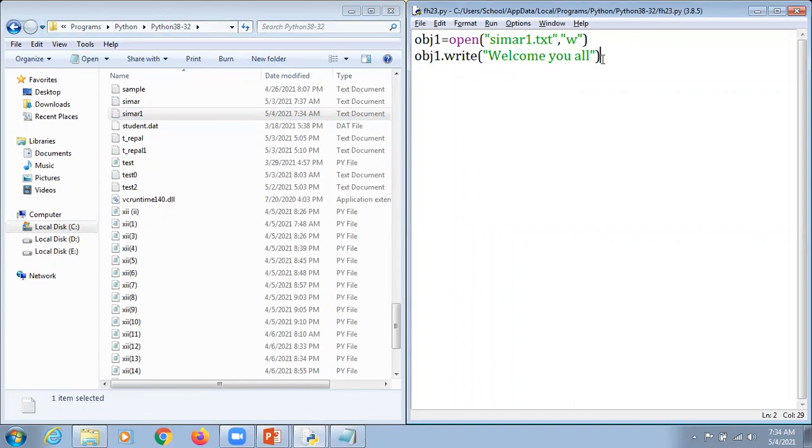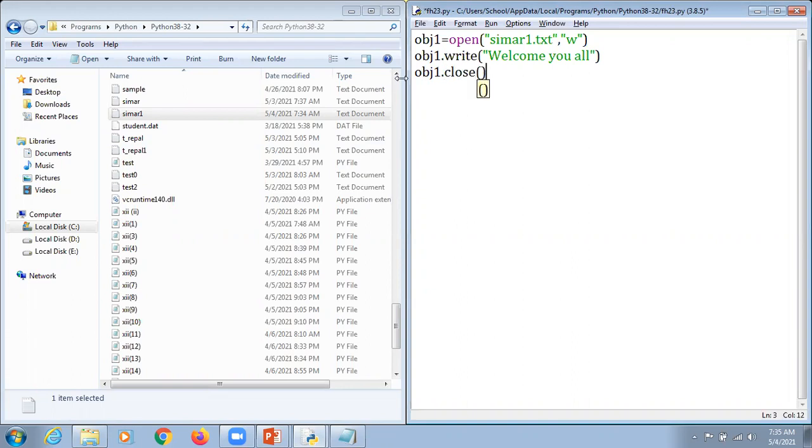Kindly concentrate. When we perform any kind of write operation, it is not actually written, because the content you insert with the help of a keyboard is stored in a buffer, which is a temporary memory. After that, the data is passed to a secondary storage, whether it is a pen drive, a hard disk, or something other than this. If you want to move that data from the buffer to secondary storage, in that case we are supposed to mention the obj1.close function.